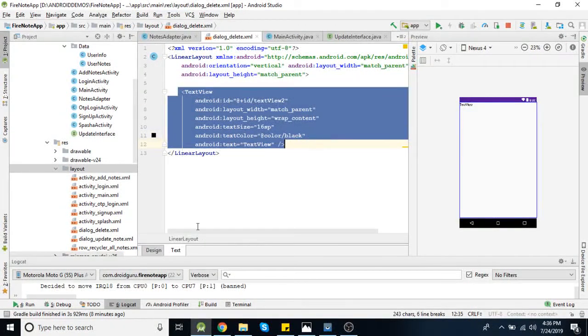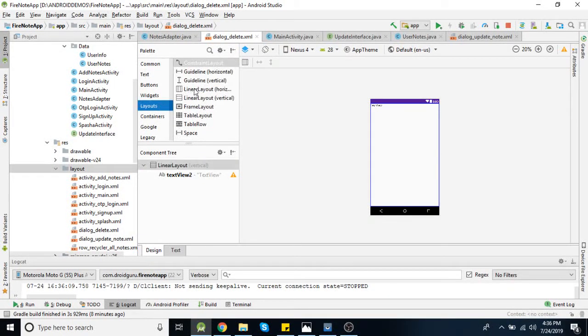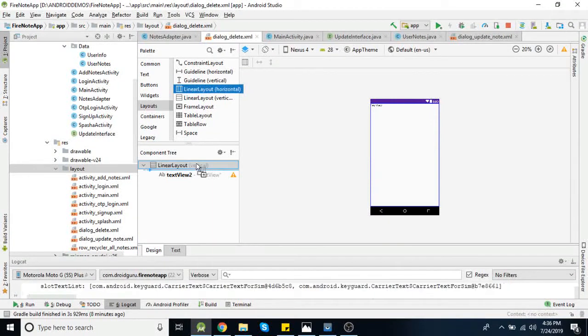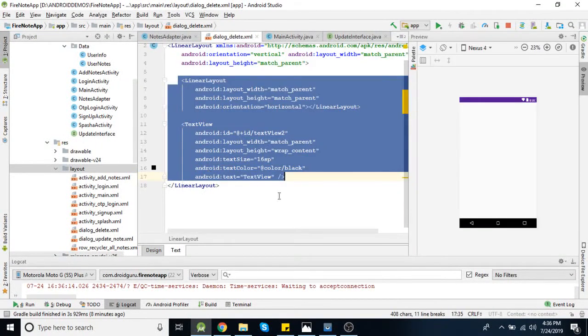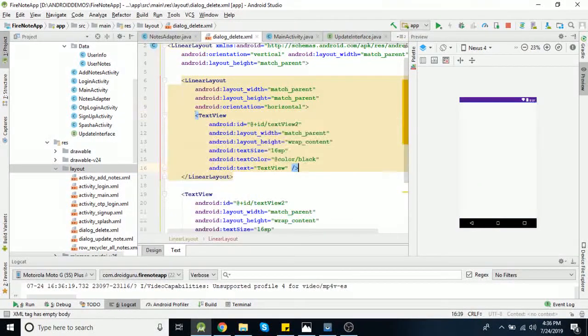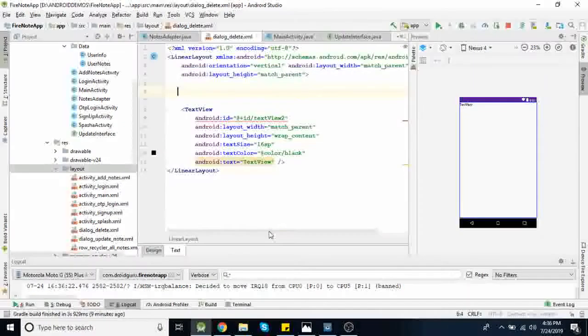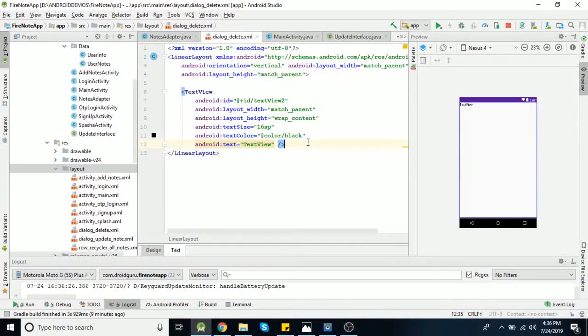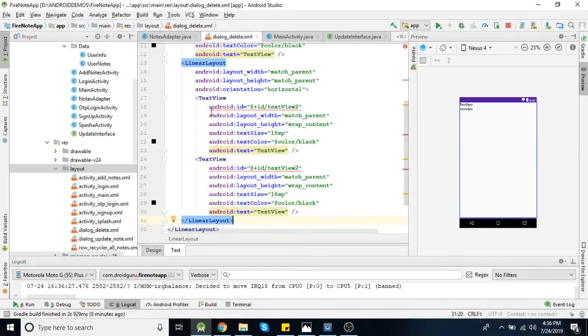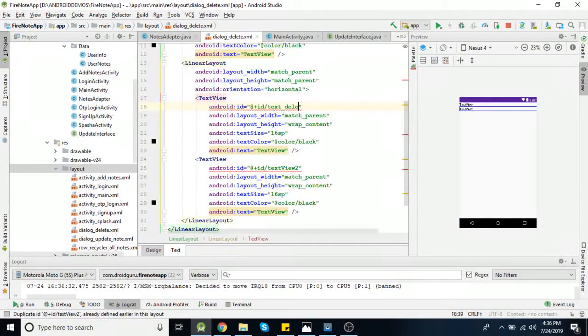Then we need one horizontal layout. So layouts horizontal, and in that layout we'll add two text views for those options, yes or no. Text underscore delete and text underscore cancel.